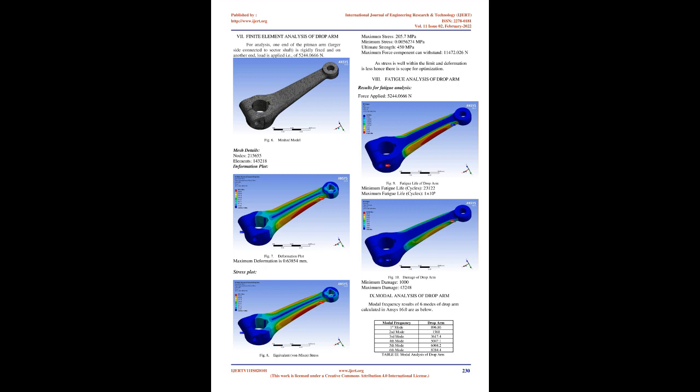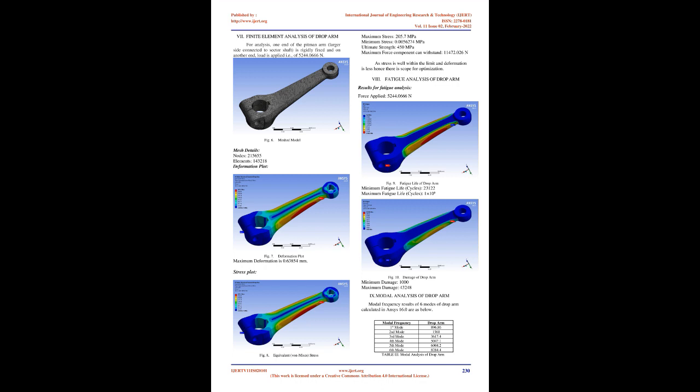Maximum stress, 185.24 MPa. Minimum stress, 0.000548878 MPa. Ultimate strength, 450 MPa. Maximum force component can withstand, 12,738.886 N. 11. Fatigue analysis of optimized drop arm. Results for fatigue analysis. Force applied, 5,244.0666 N. Minimum fatigue life, cycles